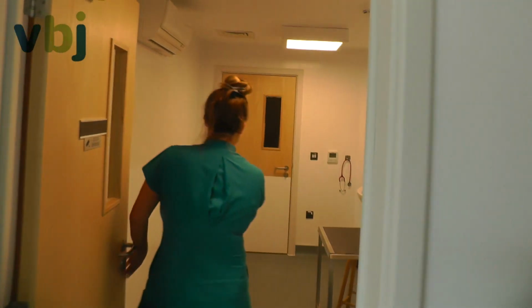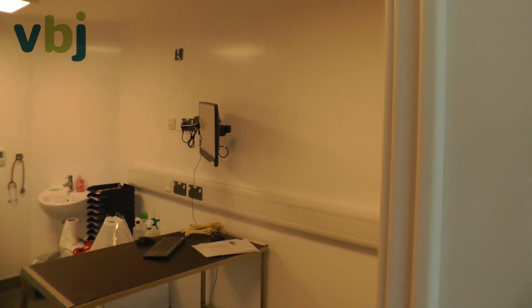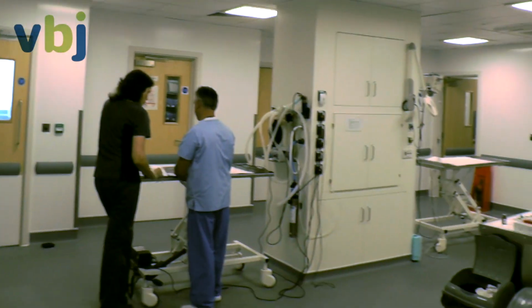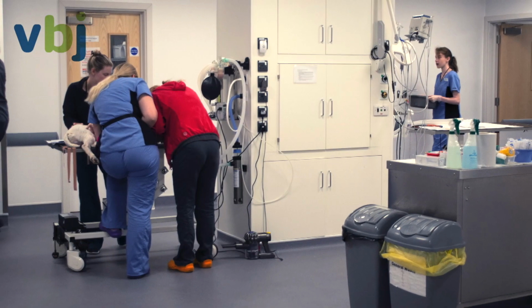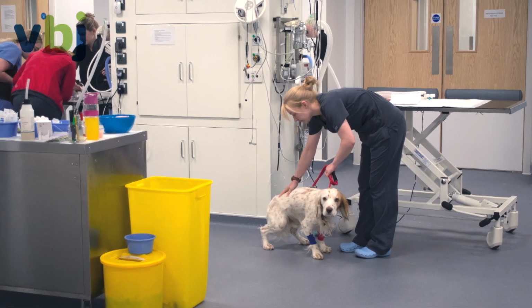On reception, we've got access to 6 potential consulting rooms. One's being used as an insurance office at the moment. One is principally used by the ophthalmologists. A couple of really sort of admit and discharge rooms, and then 3 sort of dedicated consulting rooms. Leading out from the consulting rooms leads you into a large prep area. Leading from the prep area, we've got